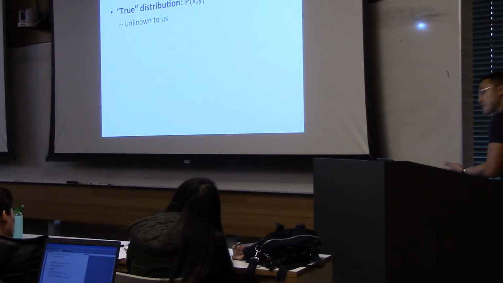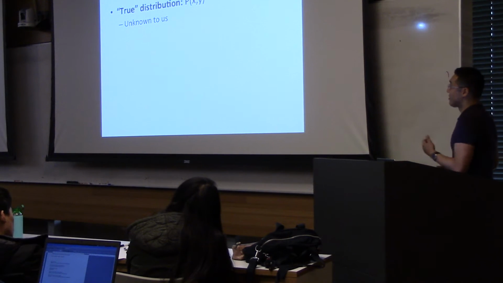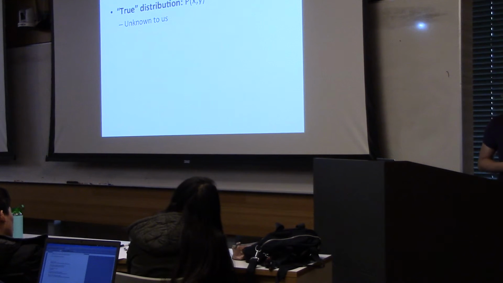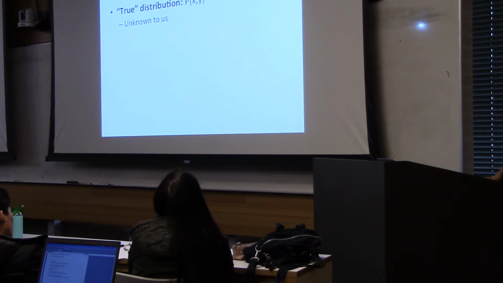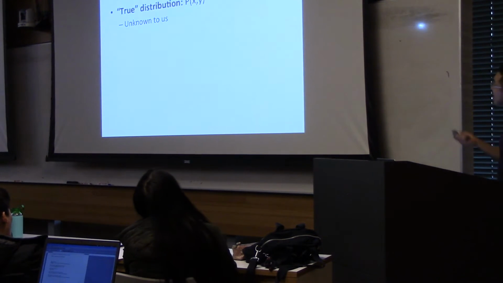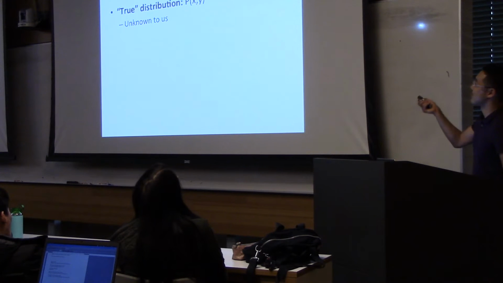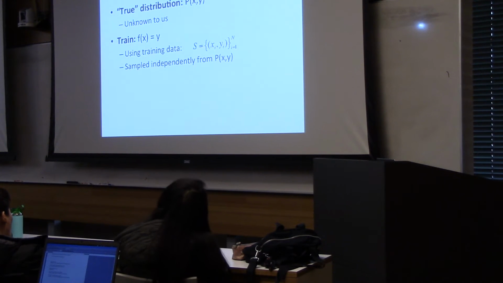So one way to reason about this more formally is through a notion called test error. So imagine that the true test cases that our model needs to deal with in practice come from some true distribution, P of x comma y. The true distribution is unknown to us. So for example, this is all possible emails, right? The goal is to train an F. The goal ideally is to train an F that, given an X, classifies it well